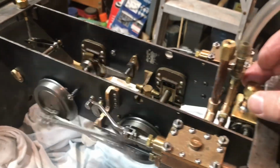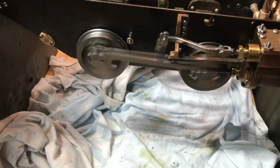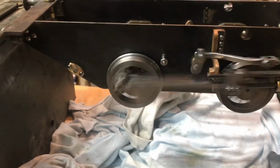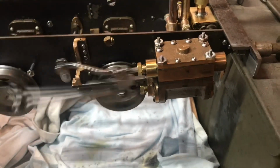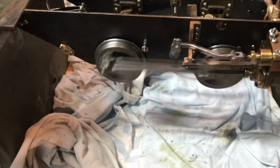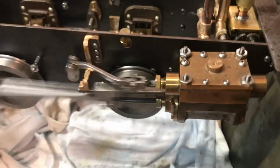Put the cap back on the oil tank. Very pleased to see this. I wanted to run it at a lower PSI just to get an idea how everything would work and look and sound. Timing sounds good, I don't know. No expert at these little ones. It's a lot different. There's no real pronounced exhaust note on this thing, but it sounds like a little sewing machine to me, which makes me very happy. Gonna run it for